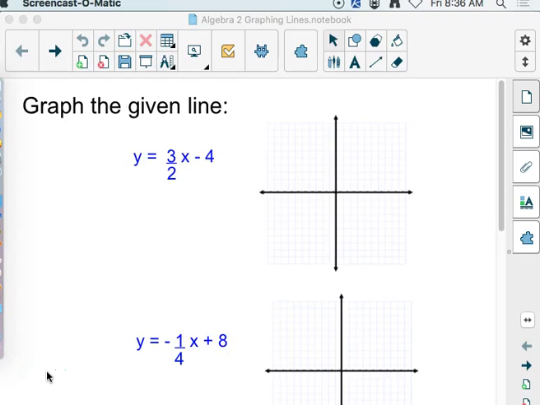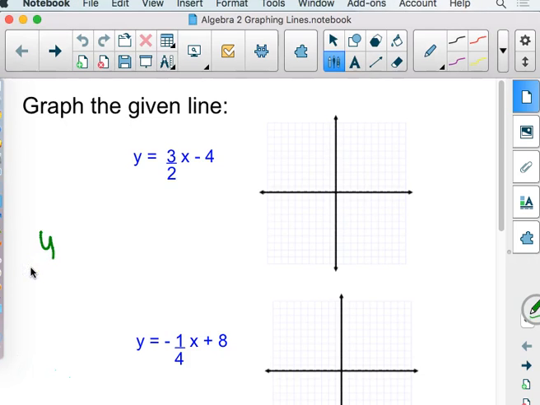Our objective today is just going to be able to graph lines no matter what they look like. No matter how the equation is given to us, we want to be able to graph the given lines. So, two forms that are quick and easy are y equals mx plus b. That's slope-intercept form. That's the one where we start at b, just alphabetically. That's your y-intercept. And then you use m as rise over run to get you where you need to go